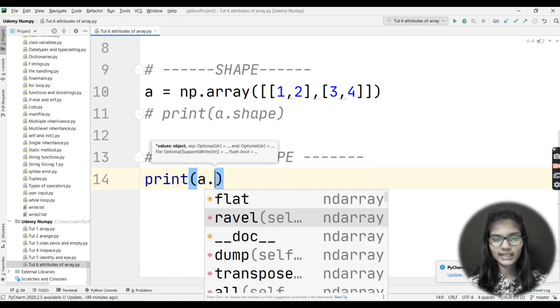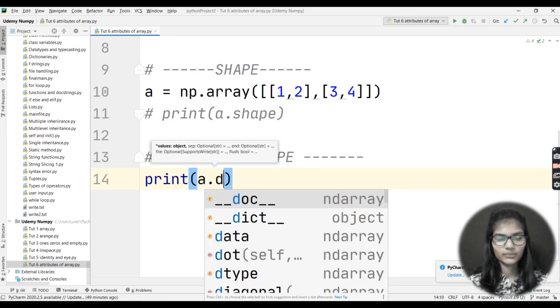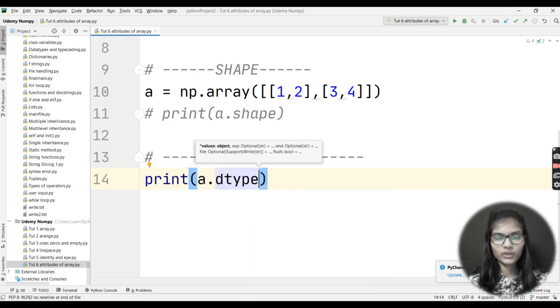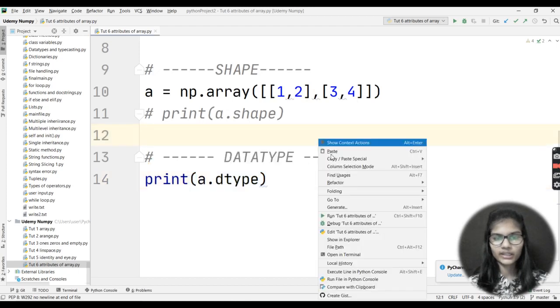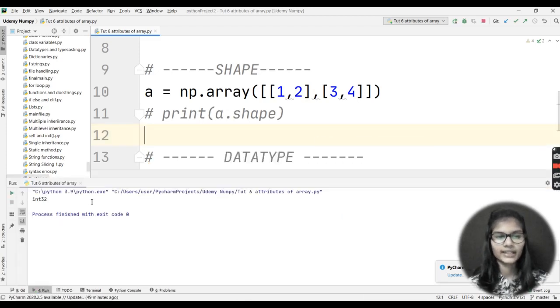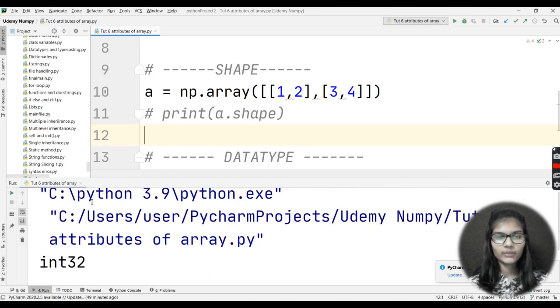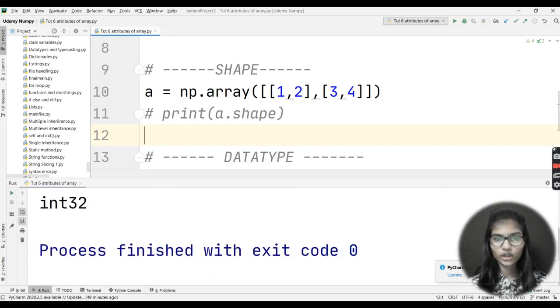So I just took it here as a, let's say, and I would be using the dtype. Okay, and this is the function. And now let me quickly run it. Fine. So basically what it is giving me is the data type for